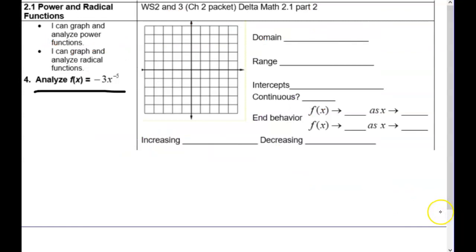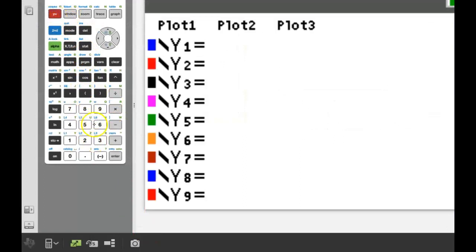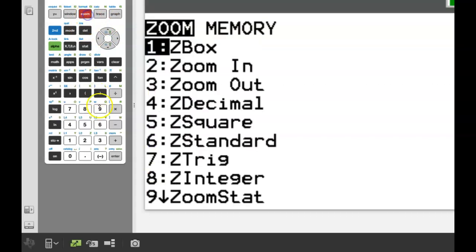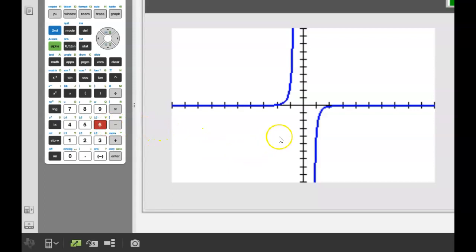Then there is this new one, 2.1, where you have to graph on your calculator. 3x to the -5. I don't know why I thought I put a picture on here already. So go to y equals, -3x to the -5th. Do I remember it right now? Except I have two negatives somehow. All right, and if I do a zoom 6, I get this picture. Using the color calculator helps. I don't know, we don't have those in this classroom, but